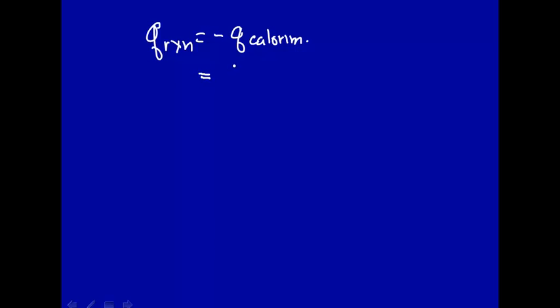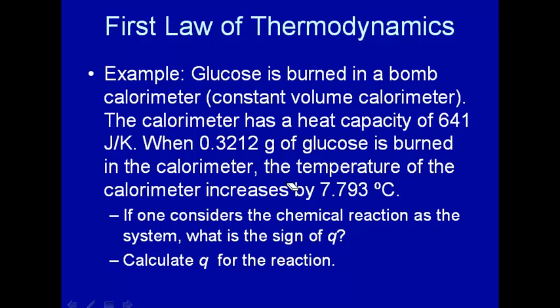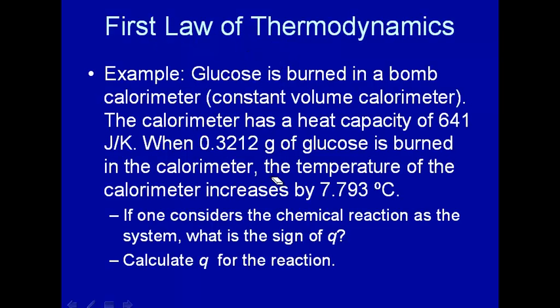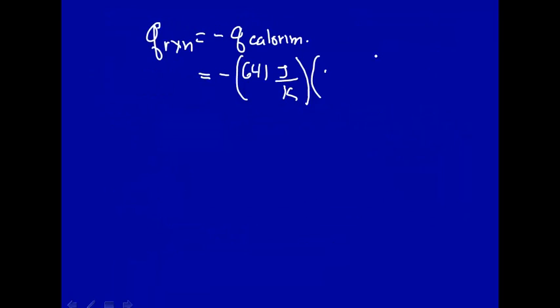How do you calculate Q calorimeter? We know the heat capacity, 641 joule per Kelvin, with a minus sign. That's a heat capacity, not a specific heat. It's just joule per Kelvin. And let's look at delta T, final minus initial. Well, it's already given, 7.793. And that is in degrees C. That's also in Kelvin. Let's write it in Kelvin this time so things cancel out. So we calculate this out, and we get